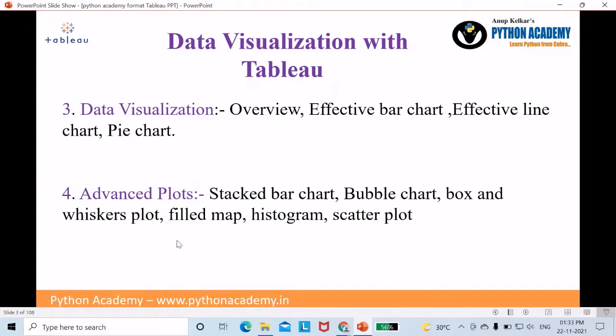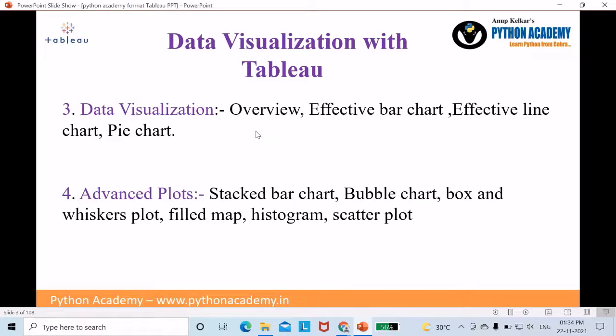Chapter number 3 comprises data visualization, where the overview of visualization, with how to plot an effective bar chart, line chart, and pie chart, will be seen. After that, how advanced plots can be created with the help of data sources available and connected with Tableau, and hence we will cover here stacked bar chart, bubble chart, box and whisker plot, filled maps, histogram, and scatter plot.